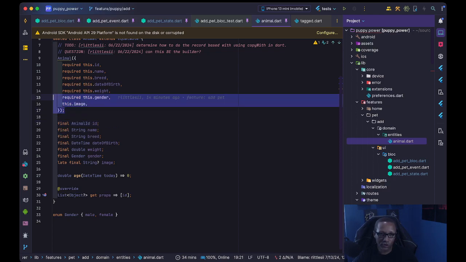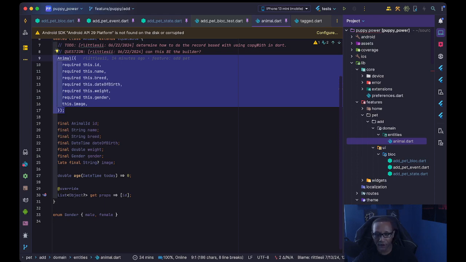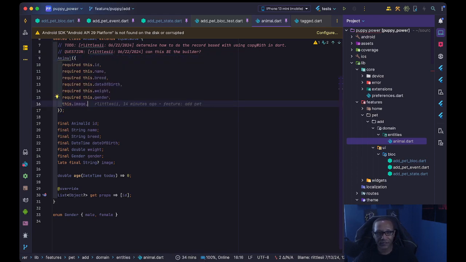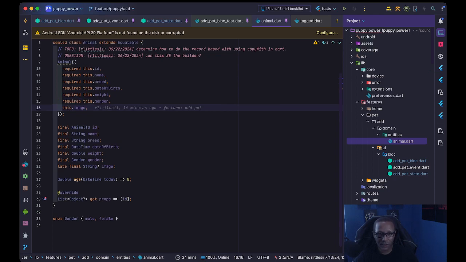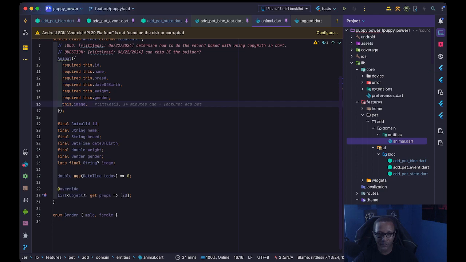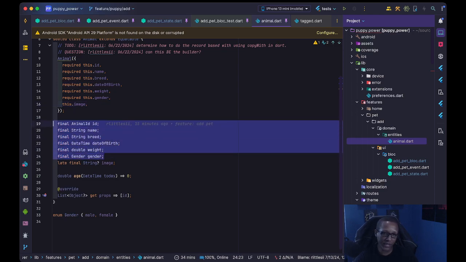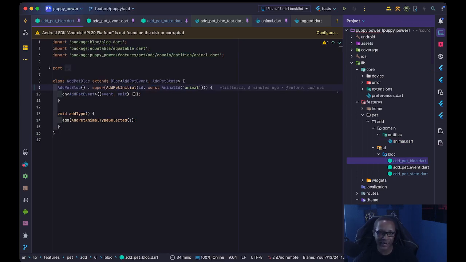I don't want to construct my animal until I know I have all of the data available. Again, in a C sharp world, we try to be as immutable as possible and only allow the things to mutate that have to mutate. We also put more or less guard statements or throw statements for all of our domain objects. So I don't really want these things to be nullable when I have an animal. When I have an animal, I should have all of these things, except maybe an image. Everything else I should be able to get in from the user. So I don't want to construct this domain object until my UI state has cleared